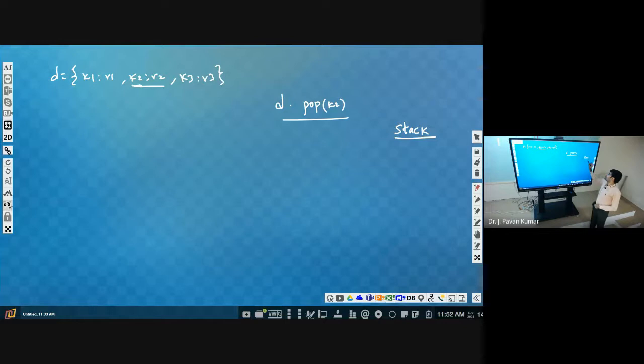Stack, I have given you one example as well. Now you are getting WhatsApp messages, right? How will they be displayed? Whatever message you receive last will be visible first. Similarly with missed calls, suppose there are 3 calls, the third call you will get first in the list. That is nothing but last in first out order.